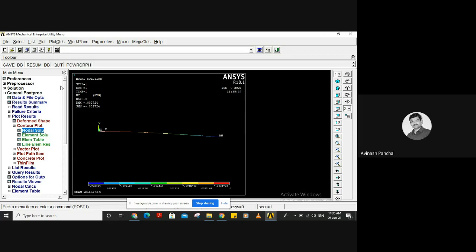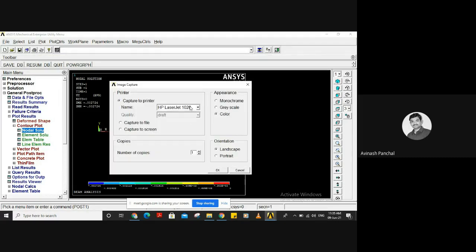Now we can save or print this image, or we can capture this image through this option. You can see this image capture. Click over here, and I will print it to PDF. We can give landscape or anything.